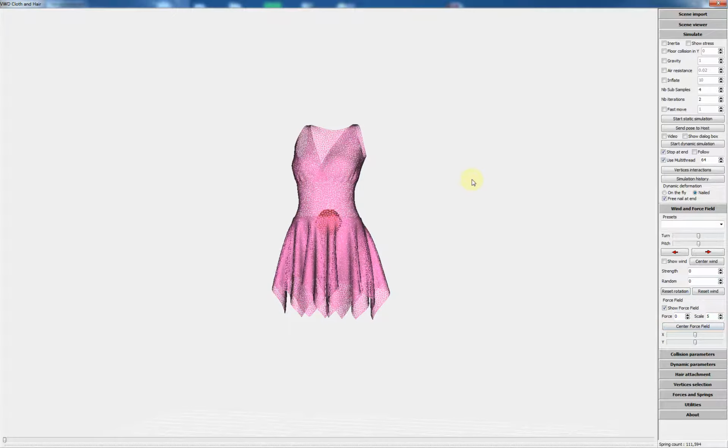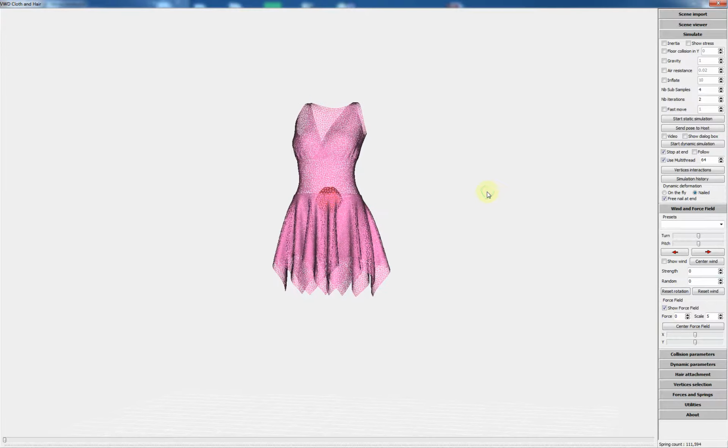I press the A key to see it, but the close was not centered in the window. So I will center the force field. Yes, it is perfect.